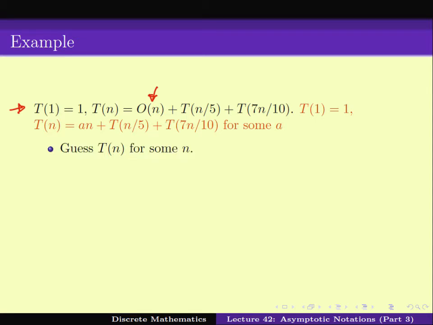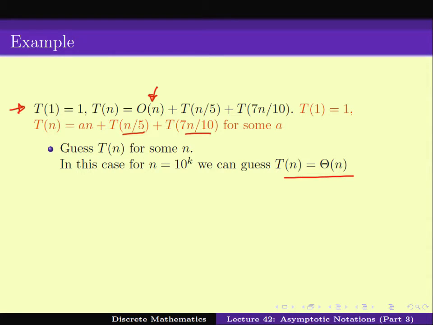And now if you have this one, you have to guess Tn again, for some n. Here again, I can guess it by, of course, ensuring that n is divisible by 5 and n is divisible by 10. That means n is of the form 10 power k, and in that case, you would be able to guess that Tn equals theta n. In fact, if you solve it, Tn equals an plus Tn over 5 plus T7n over 10,